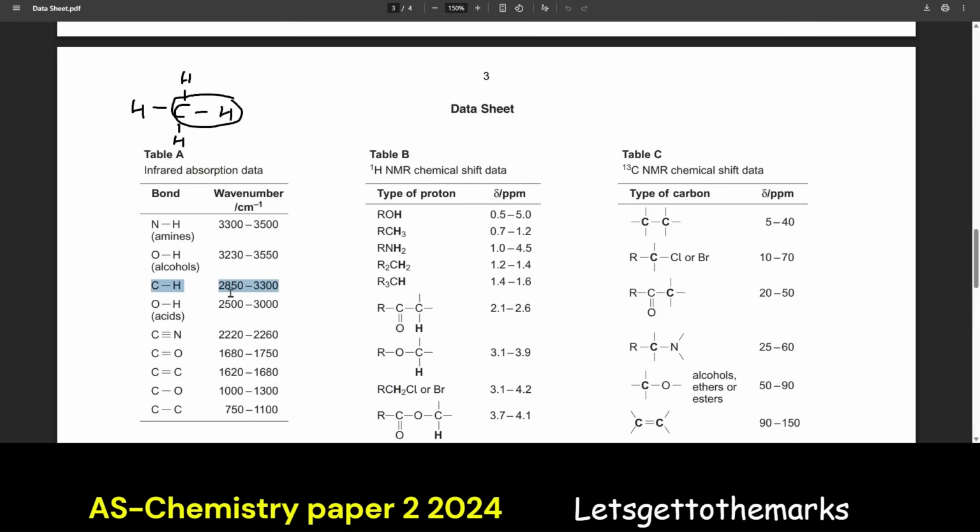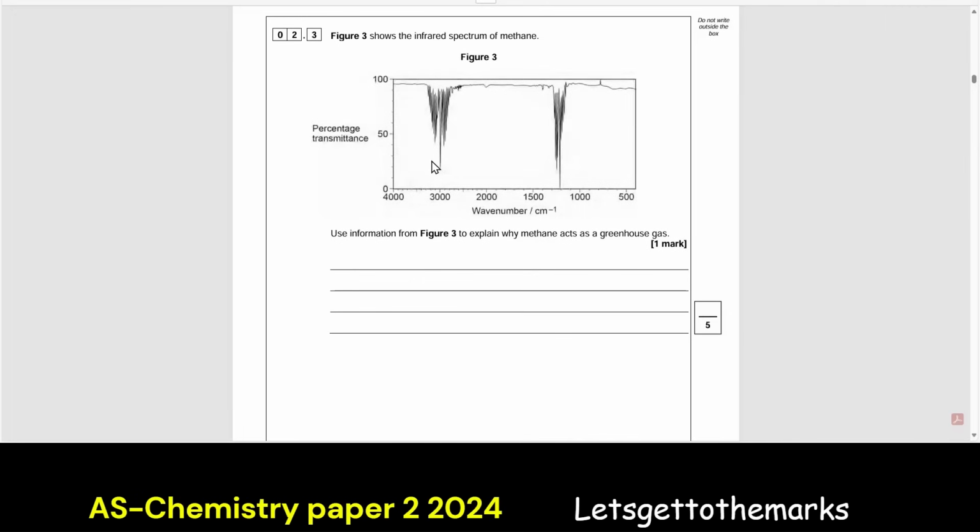The CH bond is found at 2,850 to 3,300. So let's go back and try and put some sort of answer together. Over here, we can see there are CH bonds around 3,000, somewhere between those numbers. I've forgotten what number that was. So there are CH bonds at 3,000 wave number that absorb